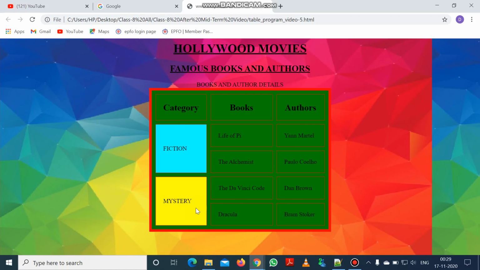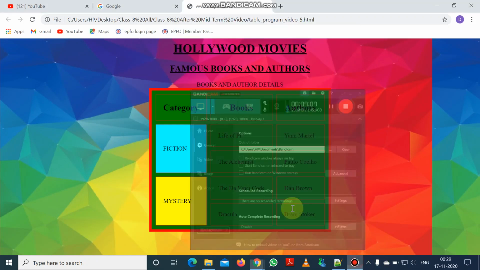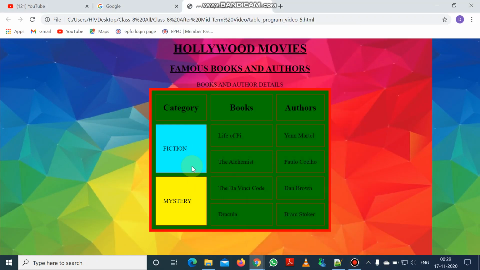So here we are using the row span attribute so that we can span one particular row through the 2 rows space. So how to create it? The technique of creating the row span is to just consider that fiction is a row. With this row we will create the Life of Pi and Yann Martel.